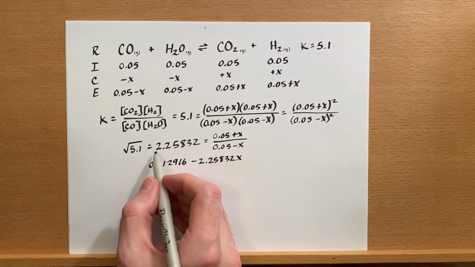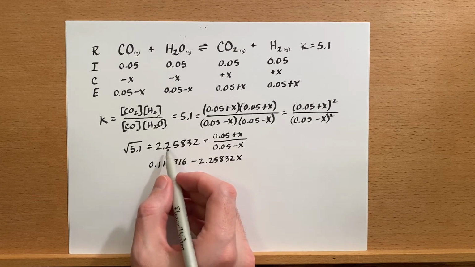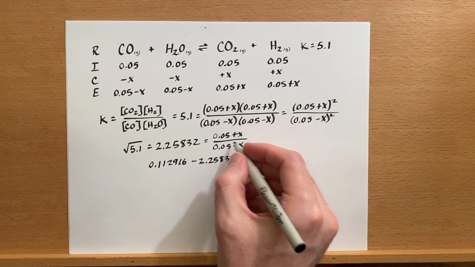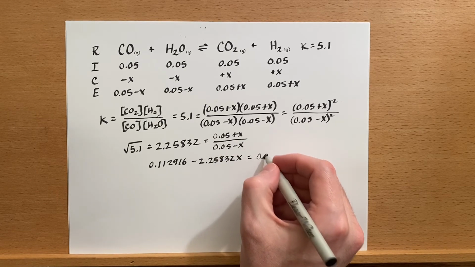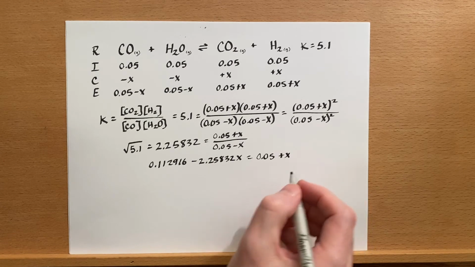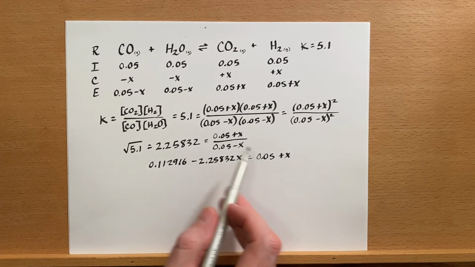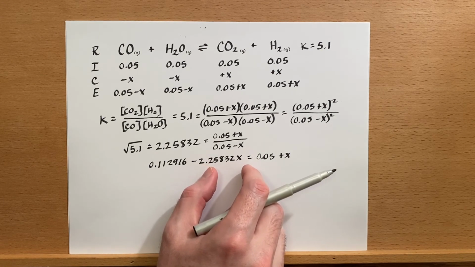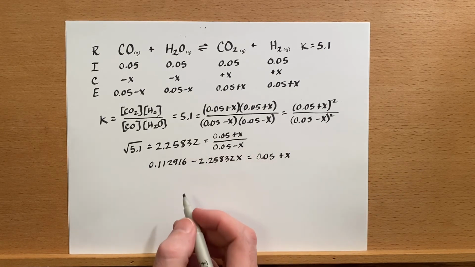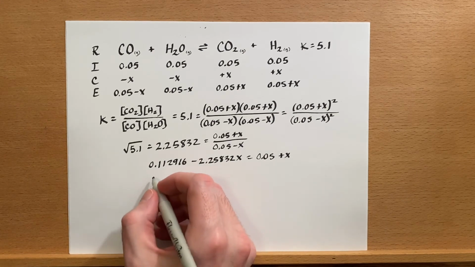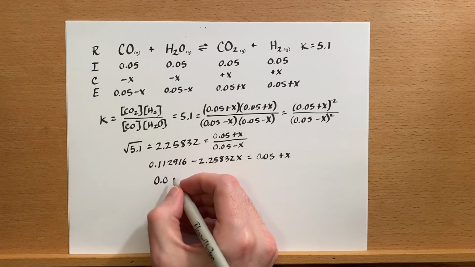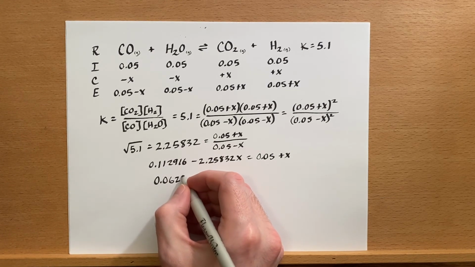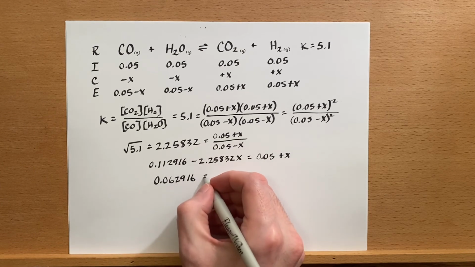So negative x times 2.25832 is this. And that all equals my 0.05 plus x. Now, I'm going to move the 0.05 over to this side of the equation, and I'm going to move the negative 2.25832x over to the right side of the equation. And we should get 0.062916 equals